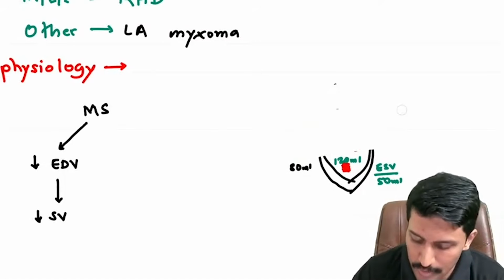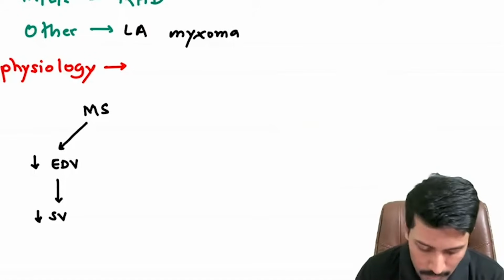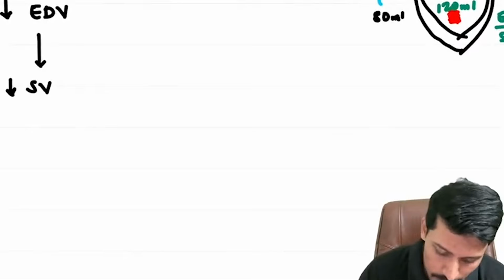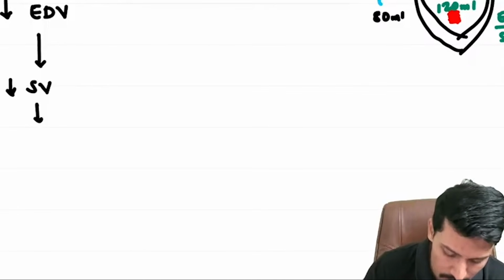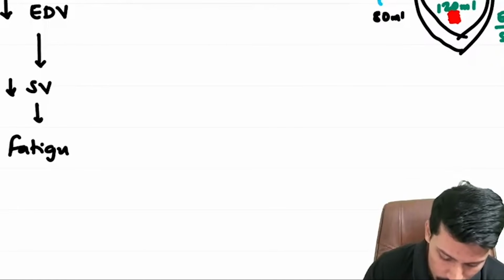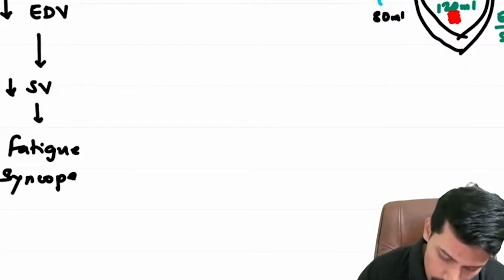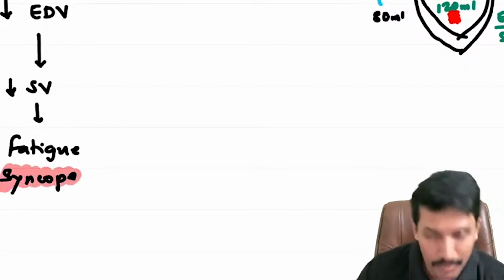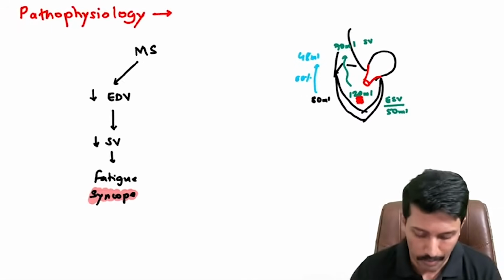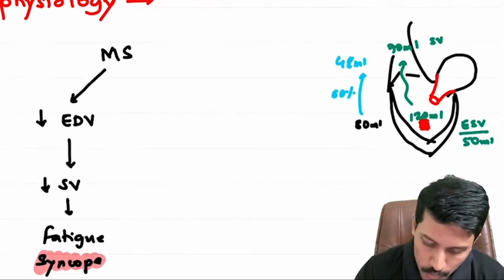And what symptoms will I get if I have decreased stroke volume? The decreased stroke volume will result in fatigue and syncope, right? The same symptoms that we have already written. Fatigue and syncope. So syncope will come even in mitral stenosis patients. Okay. The next problem is what is going to happen to the